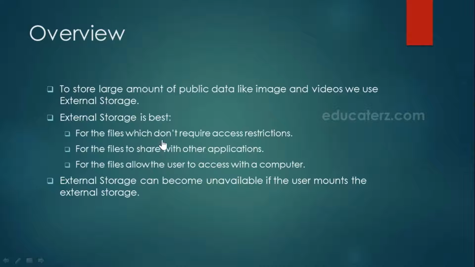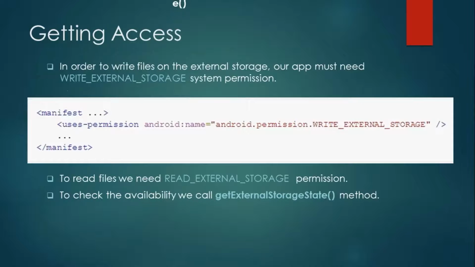For example, if you want to share an image through WhatsApp, from WhatsApp you'll go to the gallery. Whenever you select something, it will read your gallery, and from the gallery we can upload a video or audio file. That is how we work with things which are public to all applications, where there won't be any restriction. This external storage can become unavailable if the user mounts the SD card from the external storage to access it on a device or a desktop.